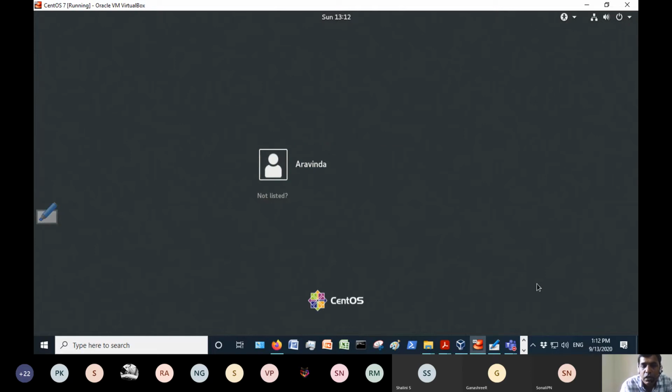Once you have done that, you can log in. If you have a username, you can log in with it. But in our lab, we will be logging in as the root user or super user. The reason is I will be executing some commands which only a root user can execute.